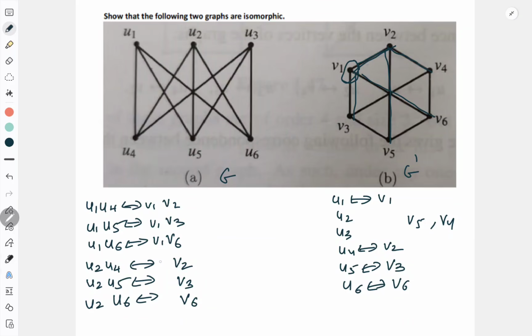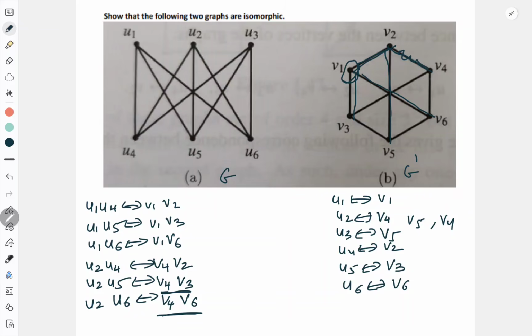So if I take V5, okay, so V2 V5 is an edge, yes it is an edge, so I can take. V2 V4 is an edge, yes V2 V4 is also an edge, so I can take here V4, very well. If I take V4 here, then your U2 will become V4 and by default U3 will become V5. Now if U2 is V4, I should write here V4, I should write here V4, and then I should check V4 V6 exist or not. So V4 V6 exist, V4 V3 exist or not.